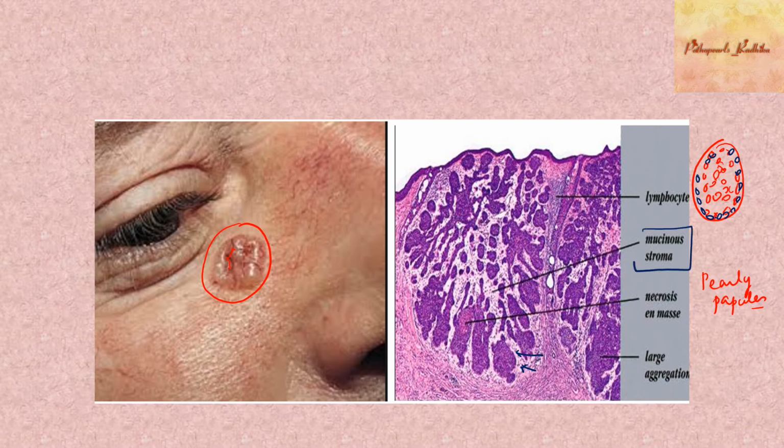For mucin, you have a lot of special stains, but this mucin is an acidic mucin, so you can highlight it by Alcian blue. Okay, Alcian blue stain, that's a special stain, right? So these are certain features. You have a blue looking tumor, nests of basal cells with peripheral palisading with intervening mucinous stroma. It's usually a basal cell carcinoma. So don't forget about that.